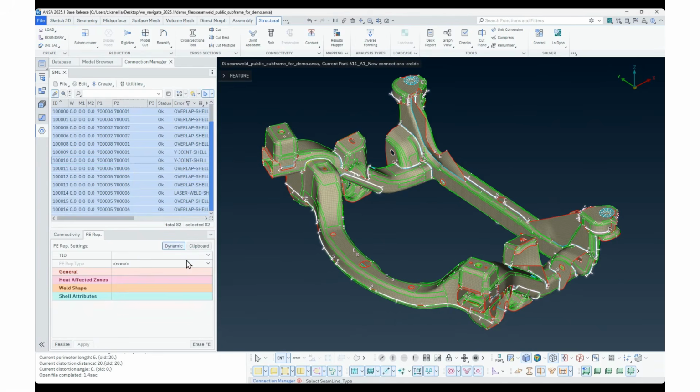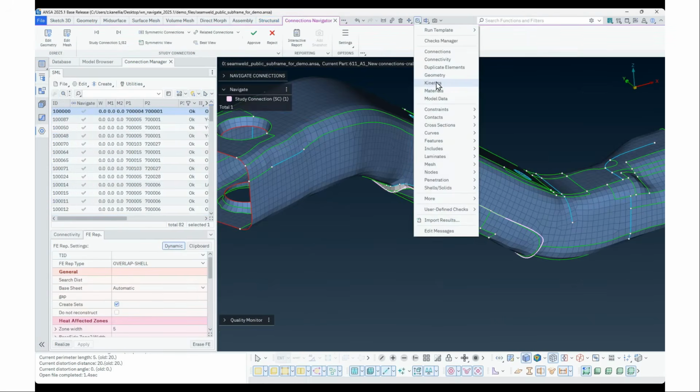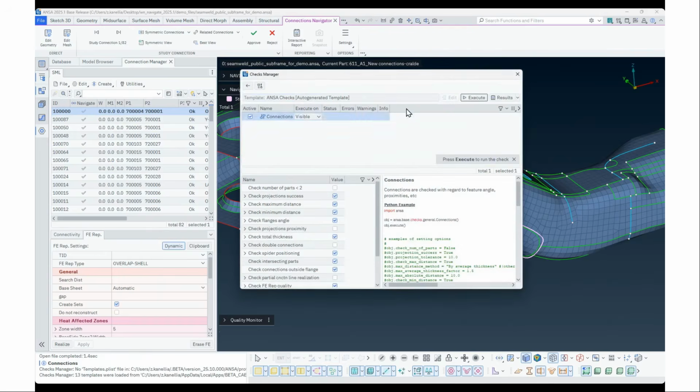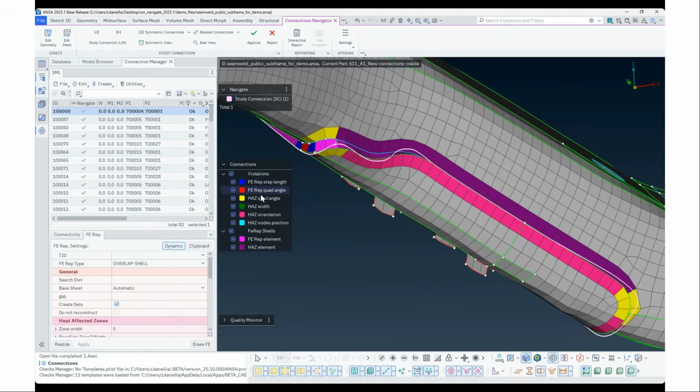I go to the Connection Manager, select Connections, and choose Navigate. I run a check connections. Once it runs, it automatically enables draw mode, so I can switch between connection view and navigate draw mode. In the legend for connections, I can click on Results List to see the errors and fix them.